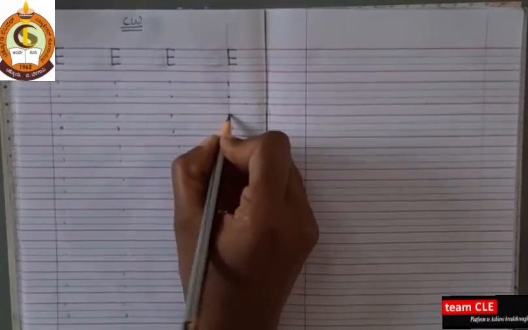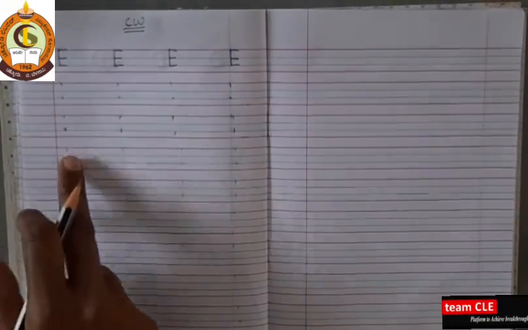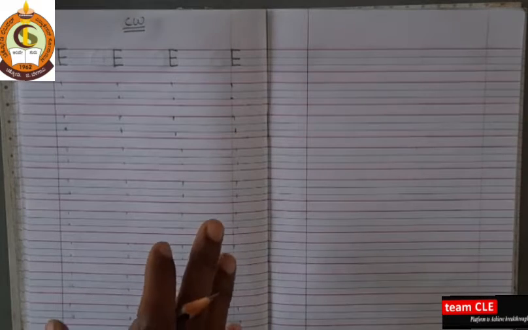Yes? So in all the lines I had given the two dots up and down, first line and third line. For all the lines. Yes. So children, tell your parents to give dots like this, two dots in the first line and third line, and with the help of the dots you have to write the letter.